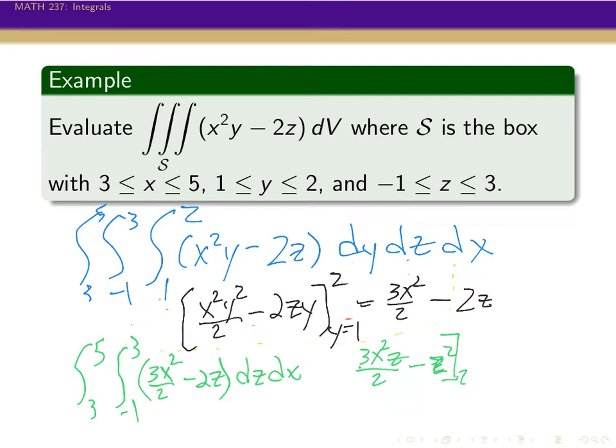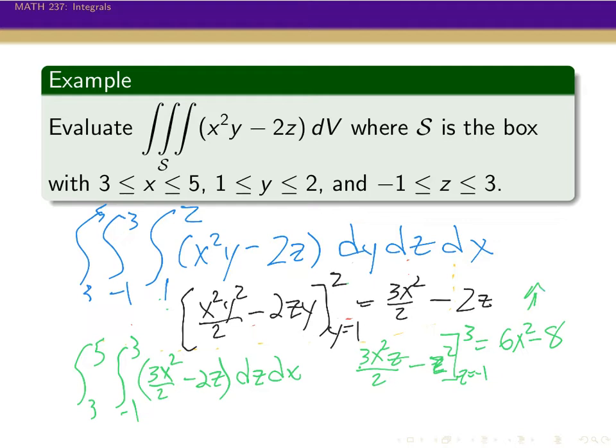And then we're evaluating this from z goes from minus 1 to 3. So, let's see, 3 minus minus 1 is going to be 4. And so 4 over 2 is 2, so I have 6x squared minus, so 3 squared minus minus 1 squared, so 9 minus 1 is 8. And so we're left with, from the second integral, x squared minus 8, and we plug that finally into the